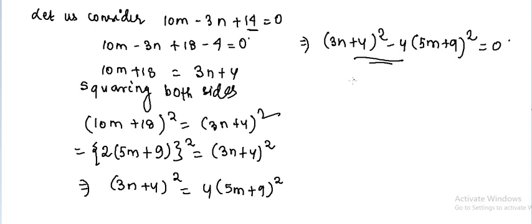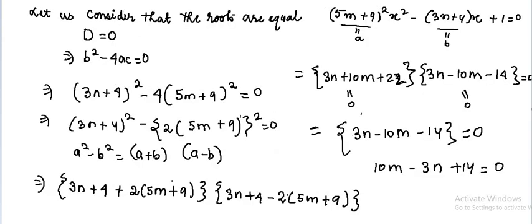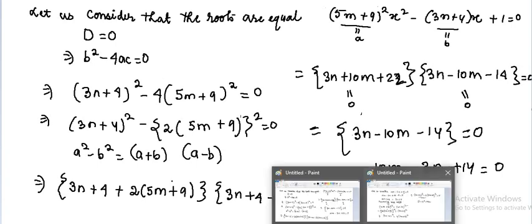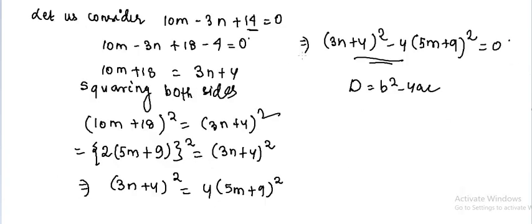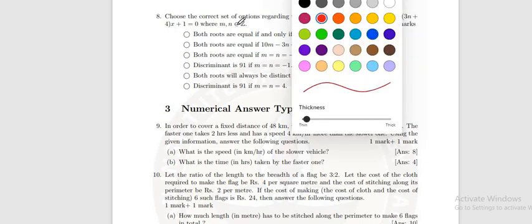What is this? This is nothing but the discriminant that is equal to b square minus 4ac that we termed in this one. When we assume that this second statement is true, we can conclude that our discriminant is coming 0. Hence, both the ways the statement is correct. So your option 1 will be absolutely correct.